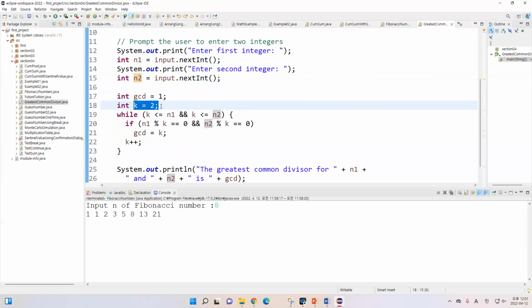But let's do the loop starting from 2. First check if k is less than n1 and k is less than n2. If it is still true, then we can check. If n1 is divided by k, the remainder is 0. And if n2 divided by k and the remainder is 0, so if this one true and this one true, then it is